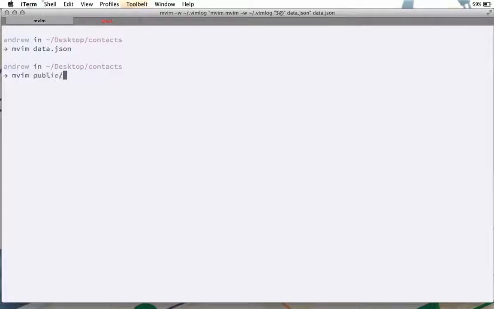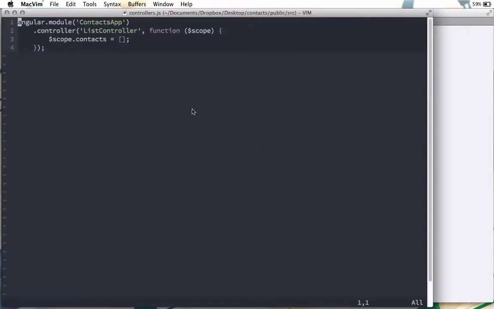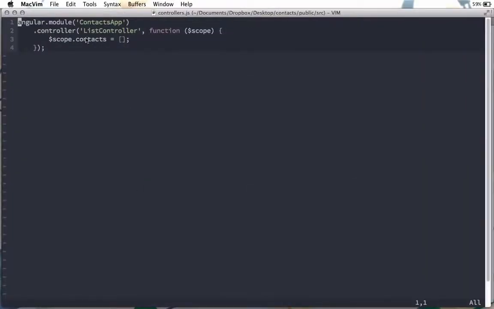So the next thing to do is open up the public/source/controllers.js file. Now previously we created this list controller, and now we need to go ahead and fill in some values. So the first thing we need to be able to do is to get those contacts from the server. To do this, we'll use the contact factory that we created last time. So we'll add that as a parameter here, and we'll replace this empty array that we have right now,